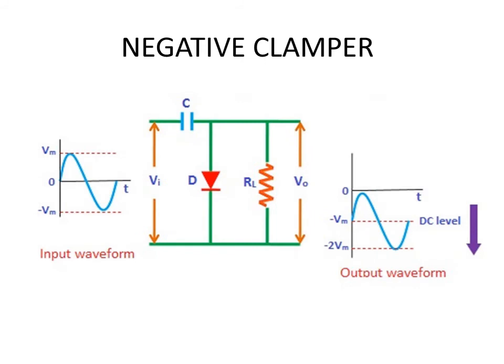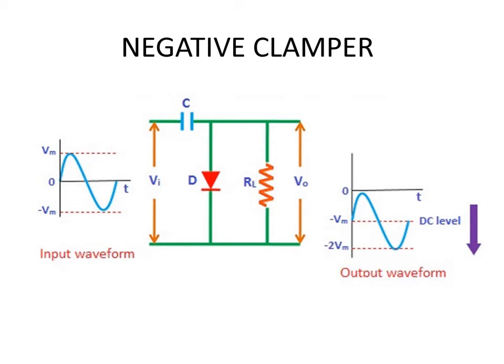Now we will see the negative clamper. When we have got the negative clamper, you have to just reverse the direction in which you connect the diode. Now if you are confused about the way in which you will have to connect the diode, just keep in mind that if you want to raise the waveform, your diode arrow should be in the upward direction, whereas if you want to lower the waveform, your diode arrow should be in the downward direction. Other than that, your circuit is the same.